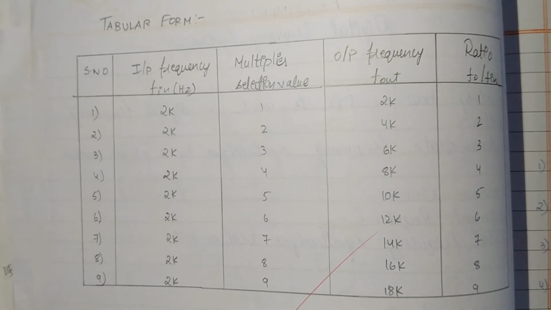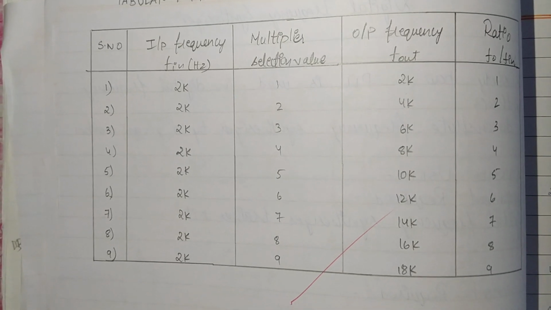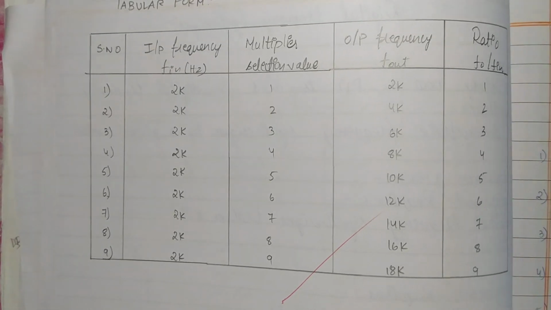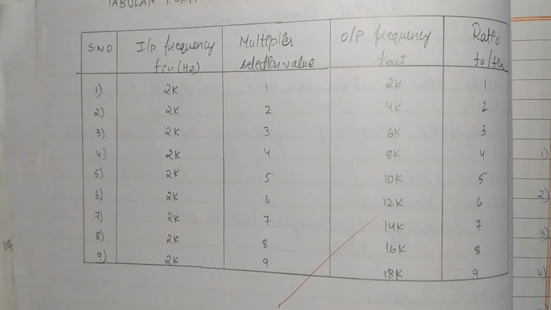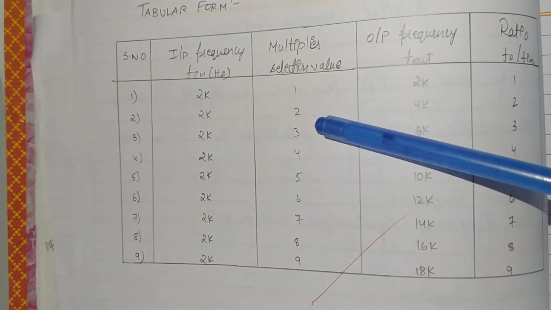right? So here a set of references I mentioned earlier, I developed the earlier things. I am going to show this particular response here. So here I am going to get the tabular form, which we already got earlier. The same thing I noted here. The input frequency, 2 kilohertz, I am going to provide as a constant frequency, and the multiplier values I am going to select with the help of the decade counter, right?